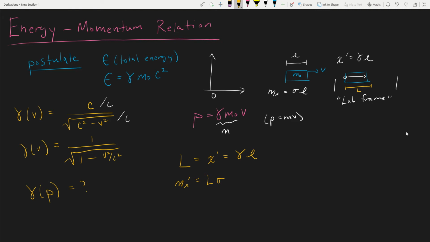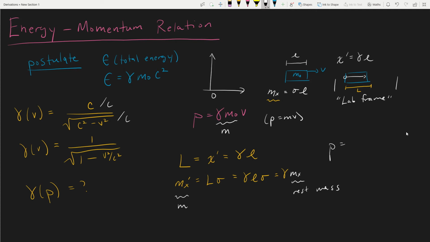Sigma is the mass per unit length, and the length has contracted. So capital L is just gamma L times sigma, and we know that sigma L is equal to mx. So this is clearly equal to gamma times mx. So this is what we mean by this is the m, and this is the rest mass. Rest mass. Okay, so I hope this derivation has been clear enough, but this is why we can